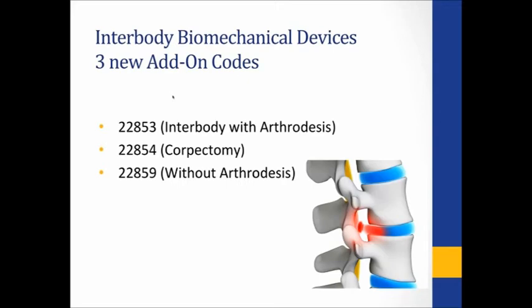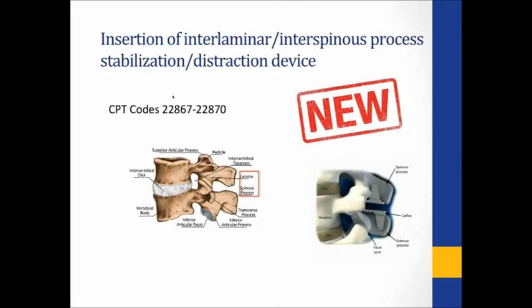And they do reference synthetic cages and mesh and such like that. And then you'll see the word, I can't say this word, but we'll try, methylsalicylate, and you have to forgive me on that. Let's continue our theme of devices. Oh, by the way, the screen right here with the spine, that red part is showing we have pain, that's what that means. Okay, our next group of codes, if you want to turn your book to 22867 to 22870,